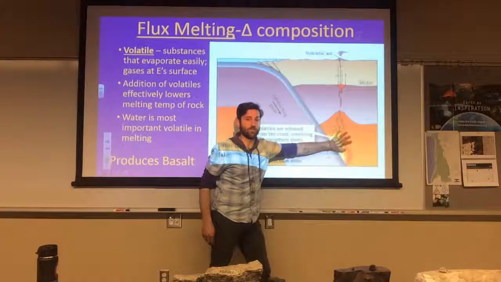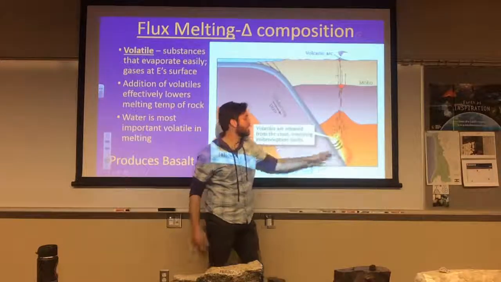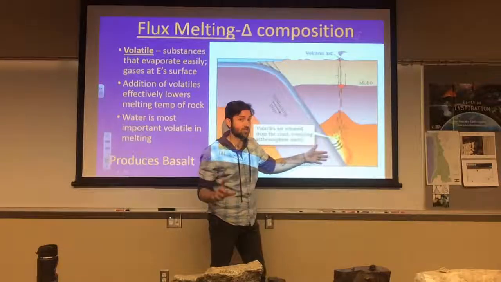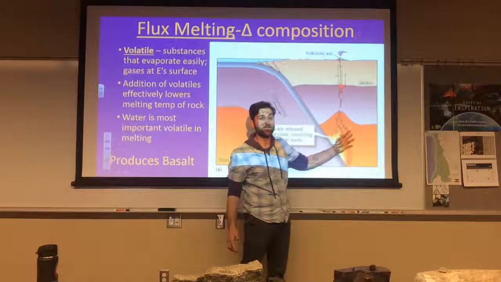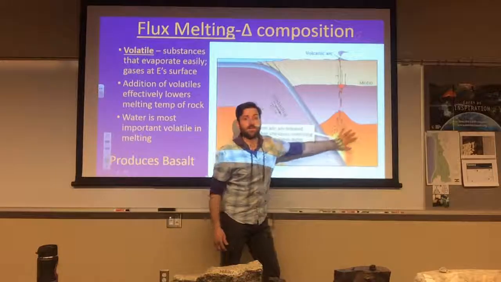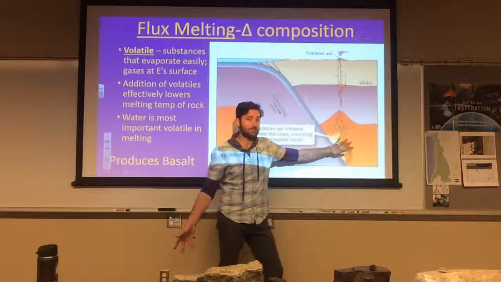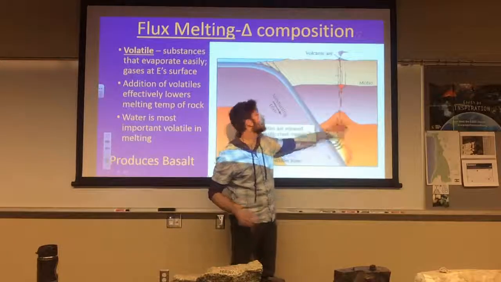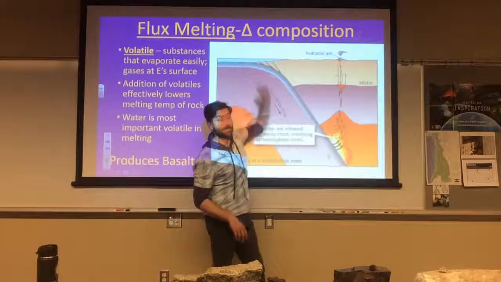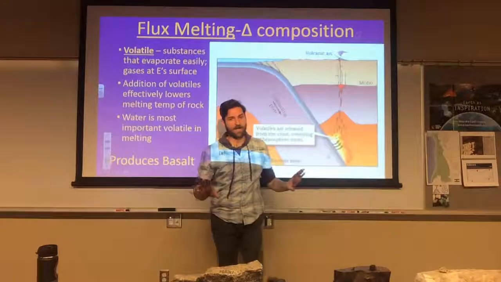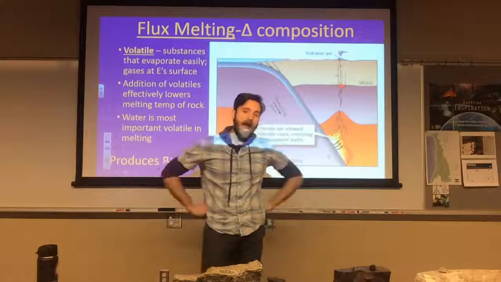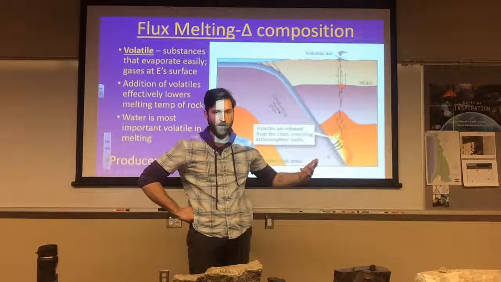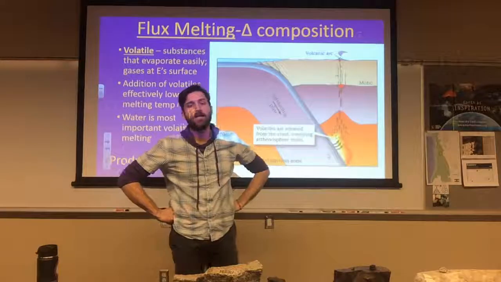Okay, the redder area over here that's mostly olivine, remember? And as that water is introduced, that new chemistry is introduced into the mantle here, because it's changed chemistry, it has no choice but to undergo a melting process called flux melting. Okay, let me back up. This sounds really weird, right? How does adding water to rock make melt? You're probably asking this. I know what I would ask. I did ask this.